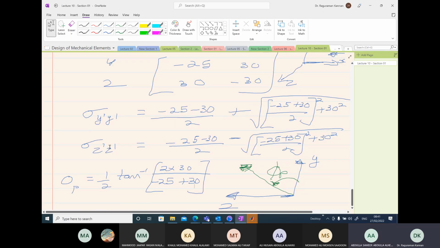Doctor, I get the angle 42.6. Does that mean it will be in clockwise? What do you get? 42.6. Is it positive or negative? Positive. Okay, so 42.6 degrees, is it? Yes. Okay, so assuming this is right,